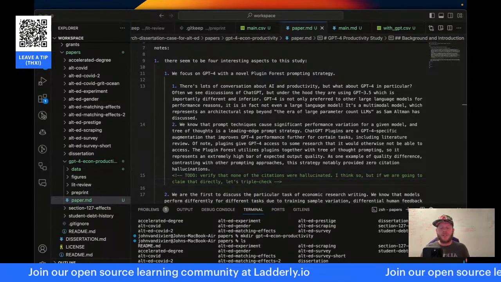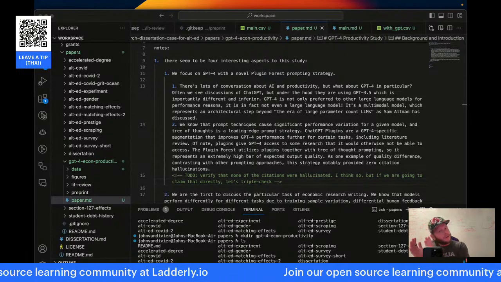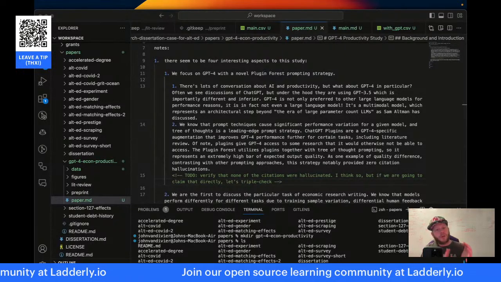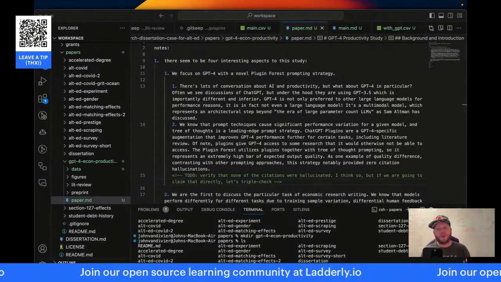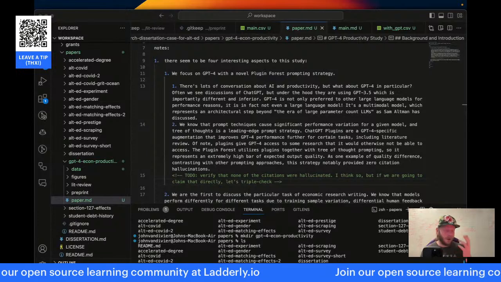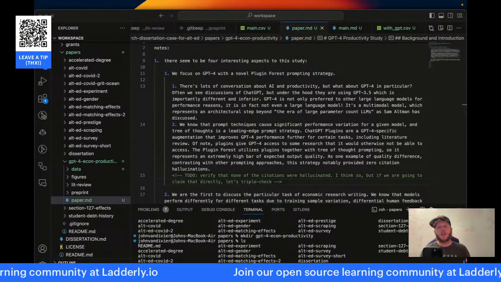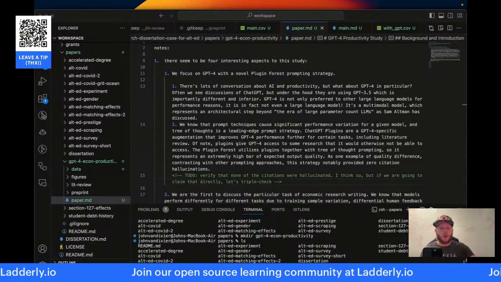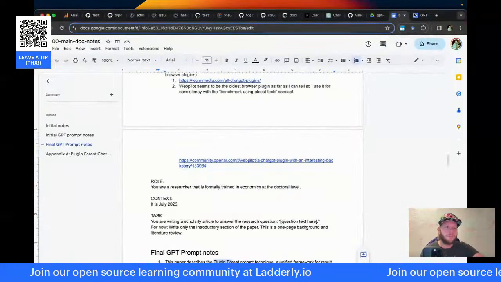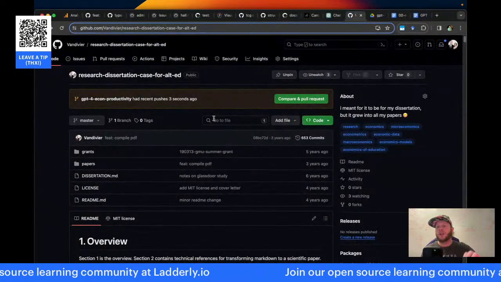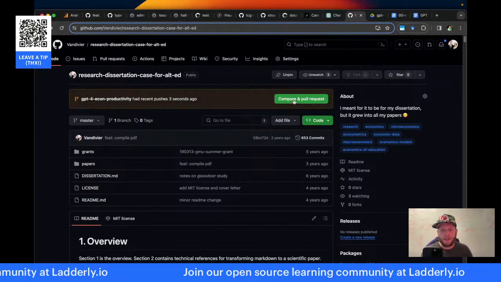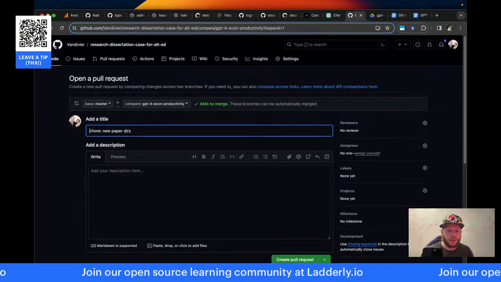What's up with all these non-reproducible studies created in labs with no peer review, with so many problems. No wonder we have this reproducibility study. So this is open source. Let me show you the repository again. Here it is. We can go ahead and create this pull request, get it drafted.